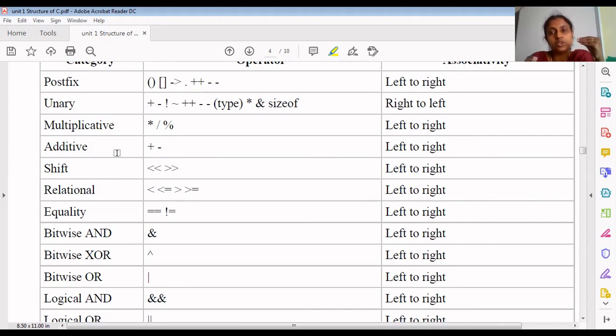So we have discussed the concept of operators of various types: arithmetic operator, relational operator, logical operator, then binary operator, and then bitwise operators and other miscellaneous operators. So we have discussed all these concepts of operators. So next week, on next Monday, everybody will be writing an online test on the concept of operators for 10 marks.